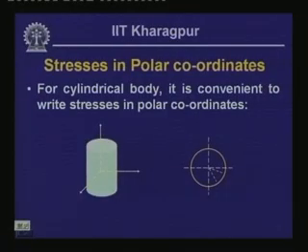surfaces are curved, and to represent the stresses on those curved surfaces, it is ideal to represent them in terms of a coordinate system which can be expressed in terms of the radius and the rotational angle theta, which we call the cylindrical axis or polar reference axis. Now, let us look into that. If we have a cylindrical body of this particular form,